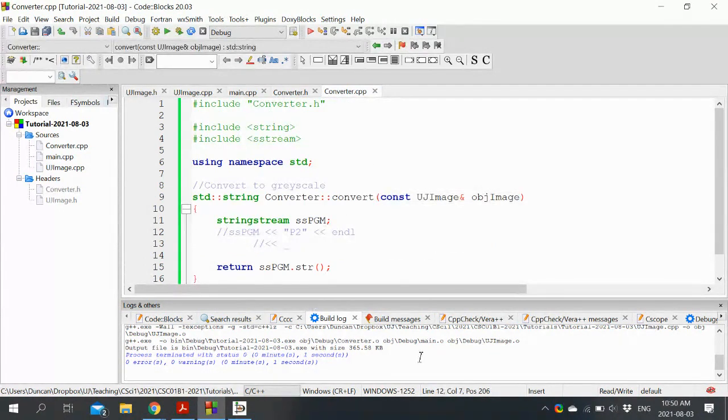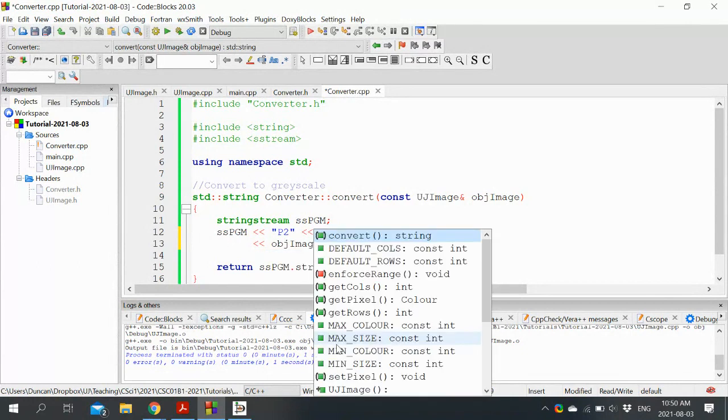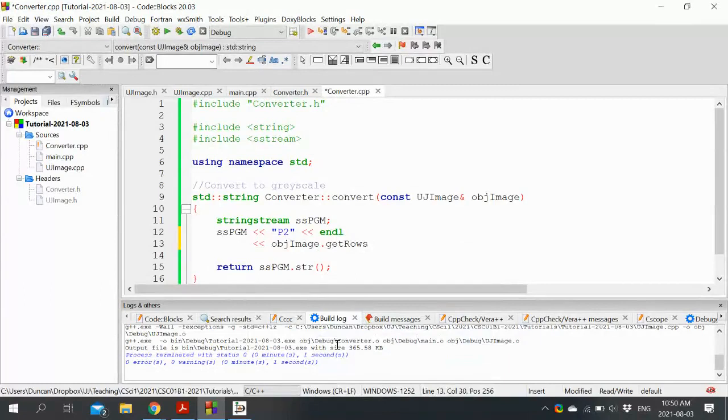Now we can just easily implement our conversion function. So we wanted the size. Now we need to access the rows and columns. That's what our accessor methods are for. We can't reach inside over here and just say underscore rows. Let me just try and do that, and you'll see what happens.